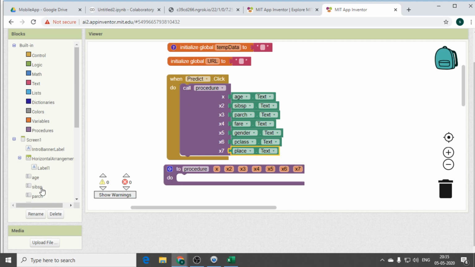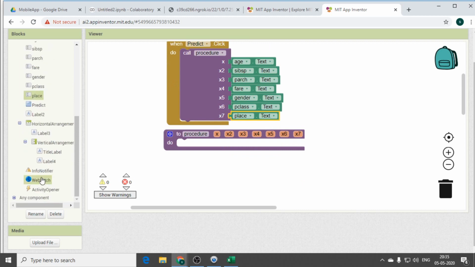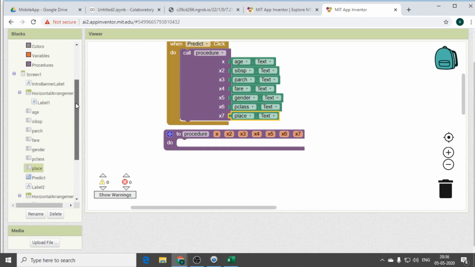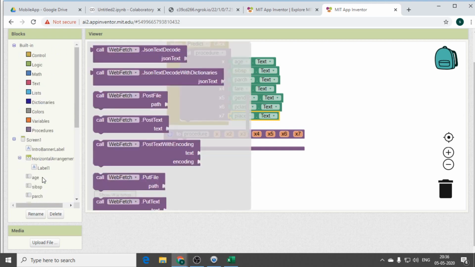Yes, so once you get from procedures, you can go for fetching the data. Is it clear? Just 5 more minutes, because we are giving functionality for each and every button which we have created. That's where we have called the procedure, and the next step is you can go for fetching the data from web fetch.